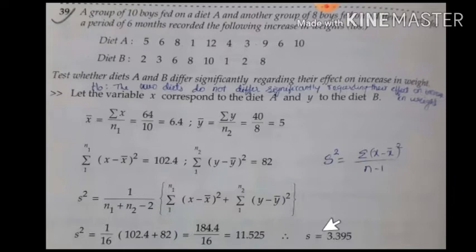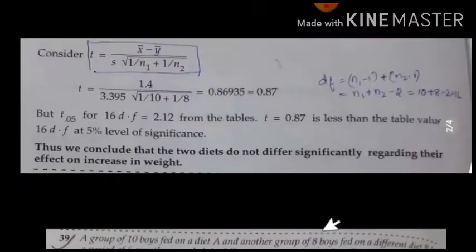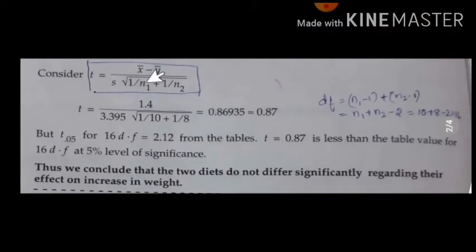So the formula to calculate T is different here. X minus mu divided by S by root n is the T calculated for the single variable. Here we use the difference of means of two data, so X bar minus Y bar. Earlier it was the difference between the sample mean and mu, which is the mean of the population. Here we should take the difference of means X bar and Y bar.